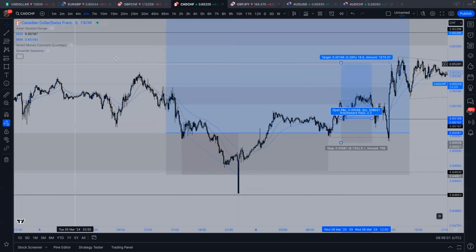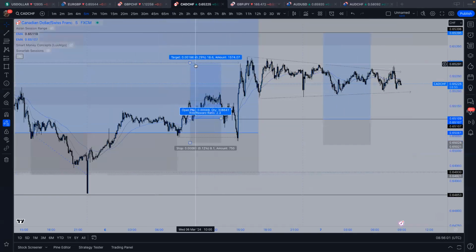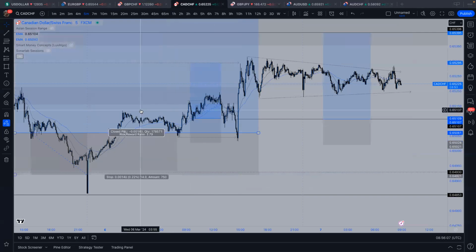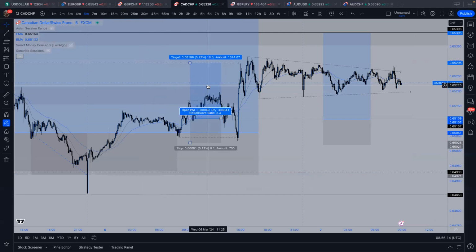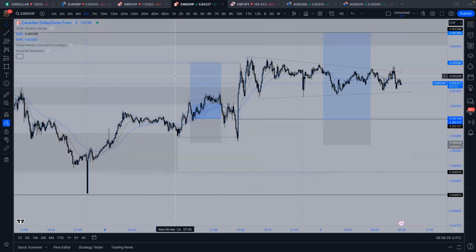Because I almost got taken out of this one, I took it out at 2R, and then I took the second one out at maybe 2R or 1R, nothing that amazing, but I was still left with a few percent gain, so that's nice. So that's going to be like 7, 8R so far for the week. So had these two trades, really nice opportunity.